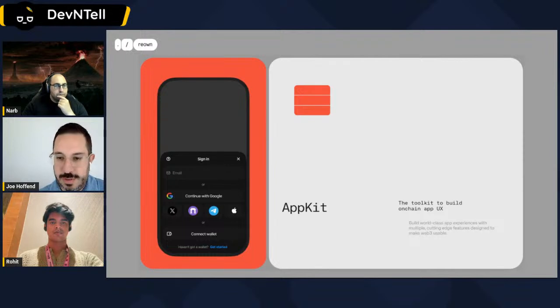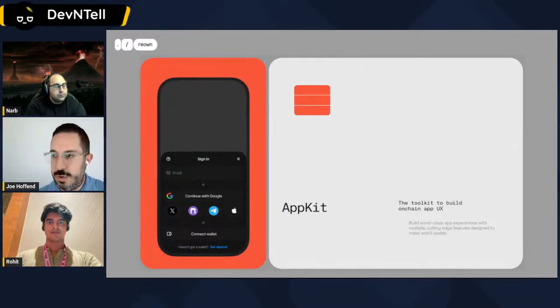AppKit is essentially the easiest way for you as a builder to get users to connect and interact with your dApp. You've probably seen something like this as you've used different crypto dApps. Essentially, what we allow for is you as a builder to focus on your core competency of building the dApp and the experience that you have in mind. You shouldn't have to worry about how am I going to get users to connect? What if they don't have a wallet? How do I let them use the wallet that they already have or they prefer to use? How do I make sure they can do everything they need to interact with my dApp, such as on-ramping funds into the wallet or swaps or anything else that might come to mind?